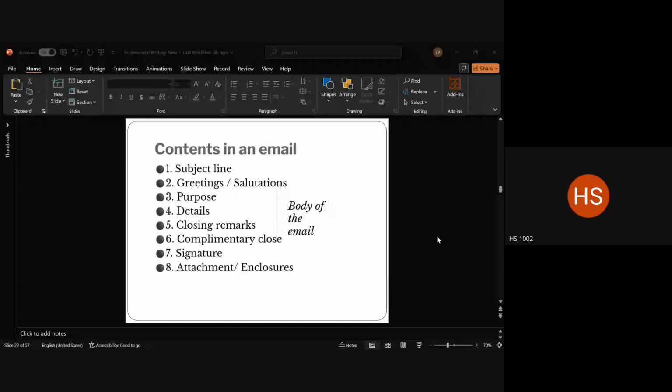Simply change if to should. Should you need or should you require? Should you require any further assistance or should you require any additional assistance, kindly write to me at the earliest. So should you need, should you require. That is the most formal way you can write down that bit of the sentence. Should you require any further or additional assistance, kindly write.